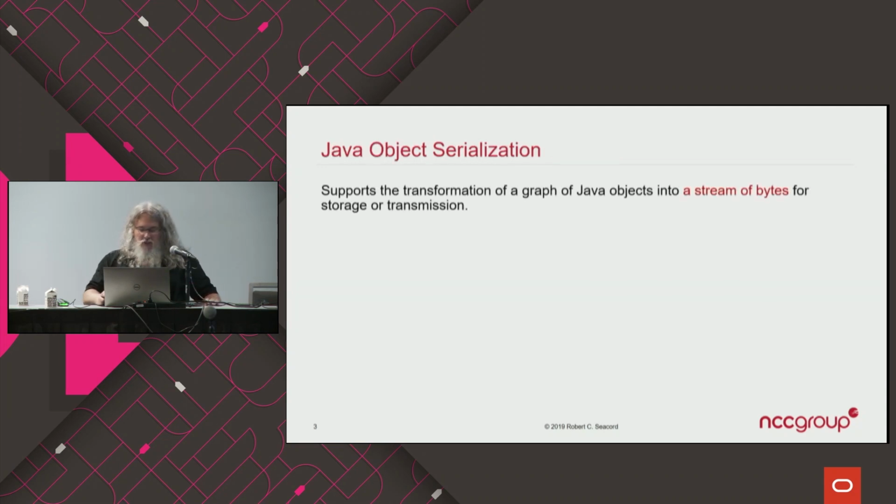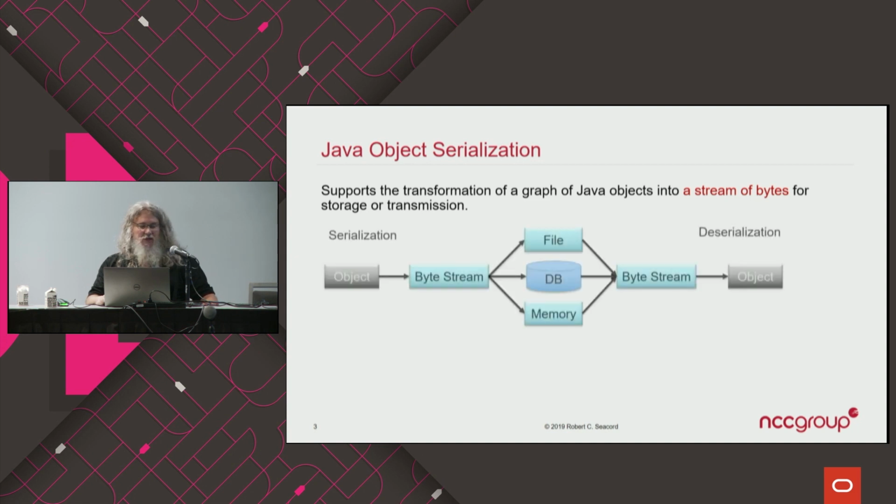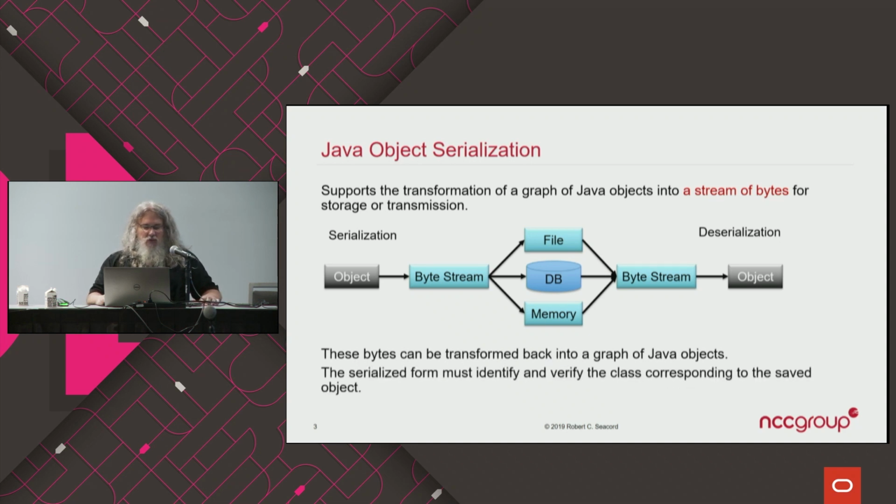So, a quick refresher on Java serialization. Java object serialization supports the transformation of a graph of Java objects into a stream of bytes that can be stored or transmitted. So basically an object is serialized into a byte stream that might be stored in a file, a database, or just temporarily in memory, and then is deserialized from that form back into the original objects. This is almost always a graph because whenever you have a single object, it usually has some other objects defined within it, and so to reconstitute that object, you have to serialize the entire object graph and then